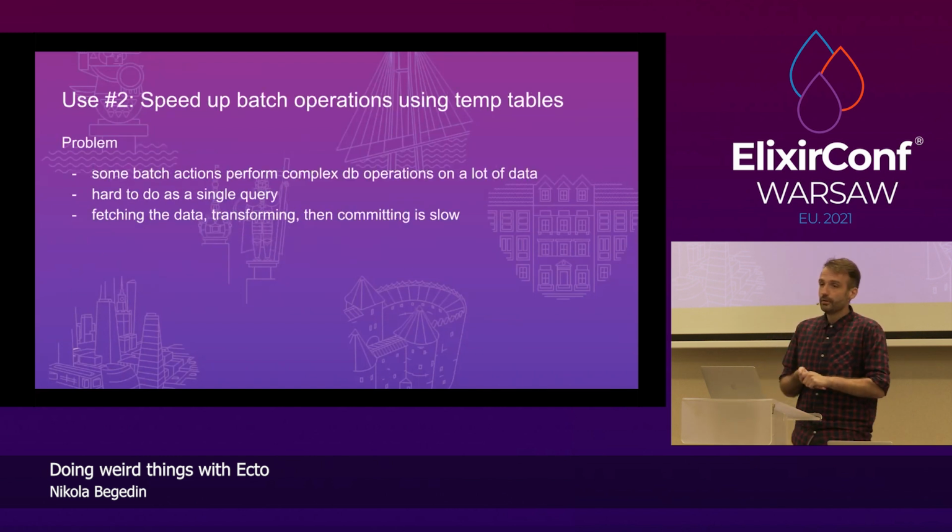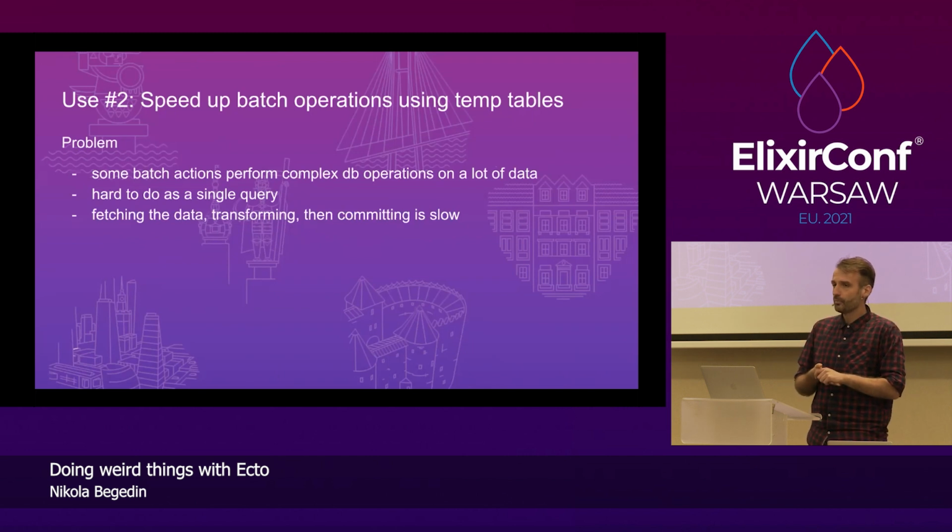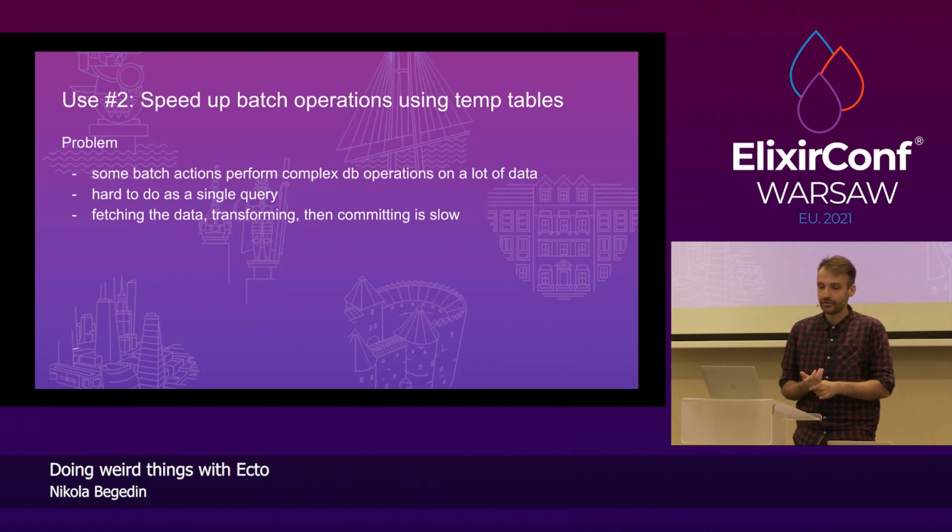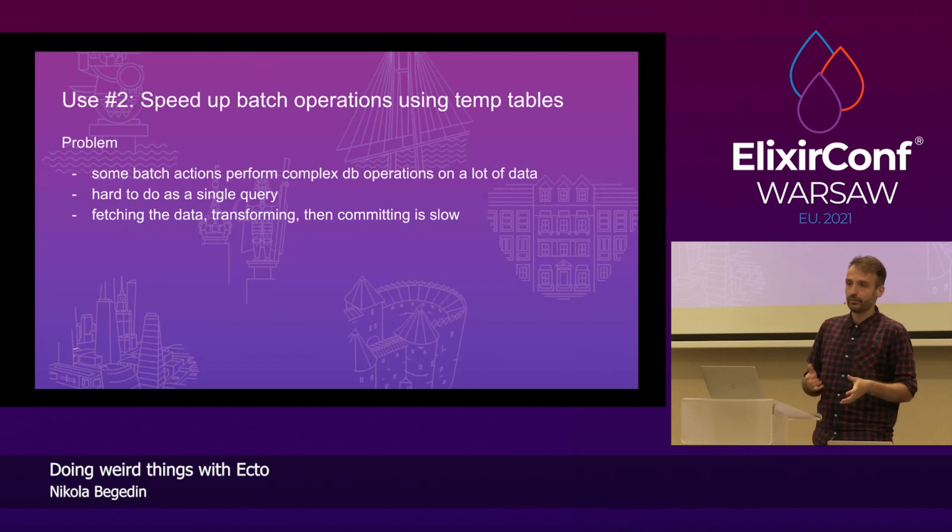Use number two is also something we rely quite a bit on. We would like to maybe do it less because there is a hard limit on what we can do with it. But what it is, is speeding up batch operations using temp tables. What is the problem here? So some batch actions we do perform some very complex operations on the database. So it's not something like just an update or some sort of aggregation